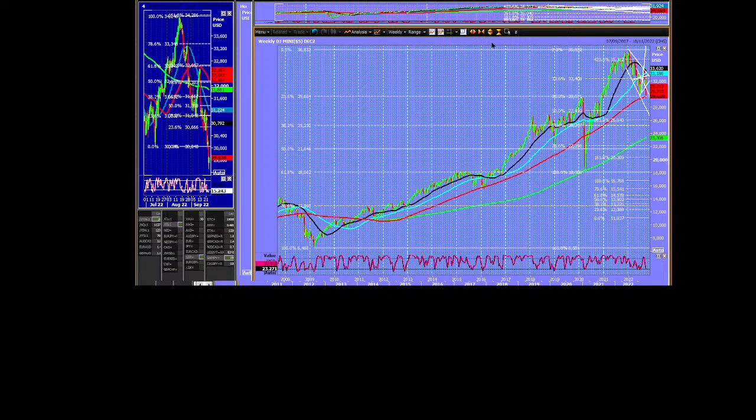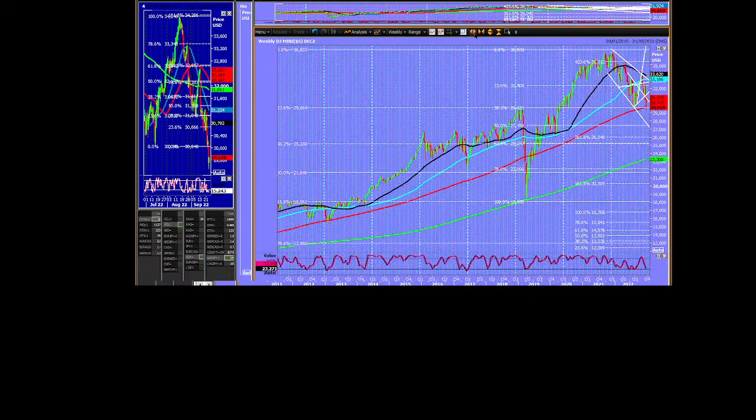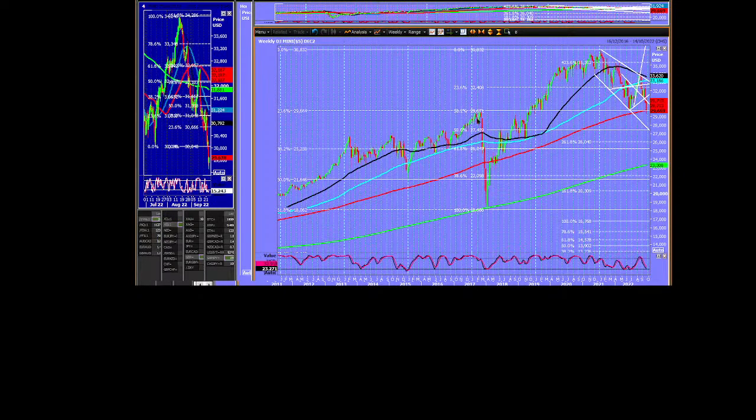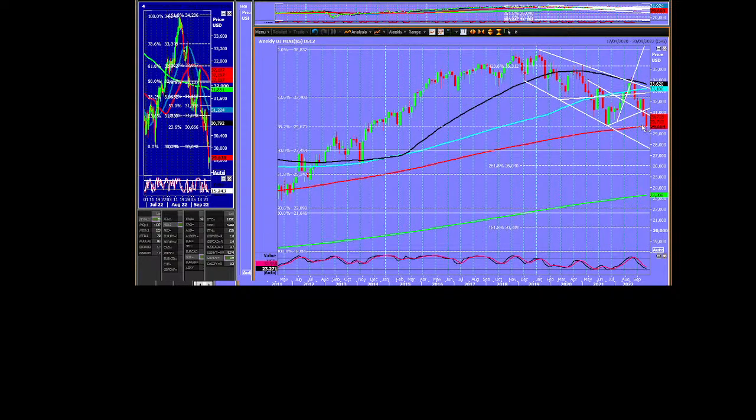29,700, 29,500 is the level to watch in the Dow Jones. It's the 23.6% fib. It's the COVID high. It is the 2021 swing low. 2022 was the previous swing low for 2022. There is a lot going on there. 200-week moving average as well, just in case you wanted something else to back it up.